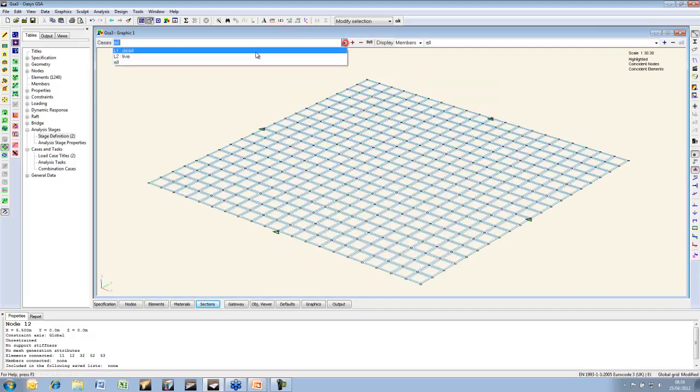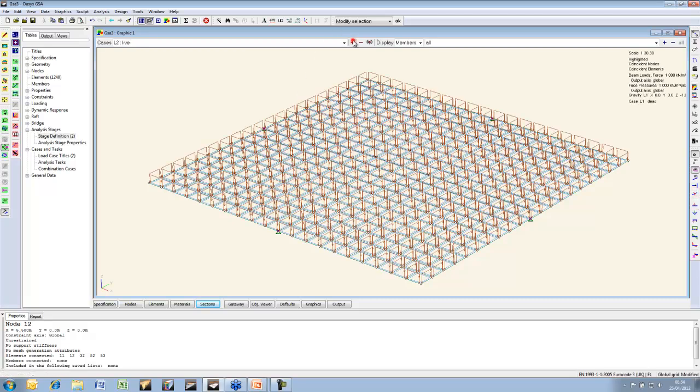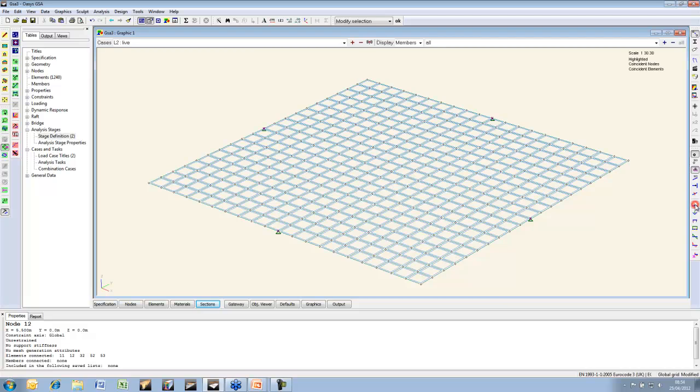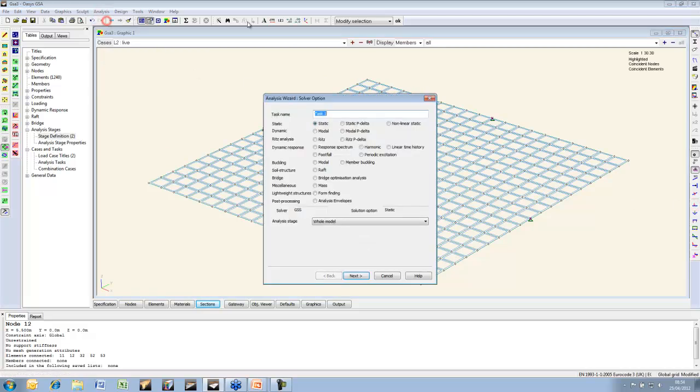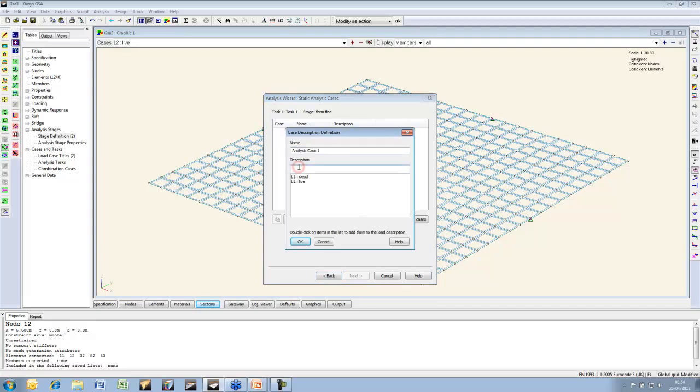Now, speaking of loads, let's have a quick look at these. Oh, no, that one. So dead loads, live loads, that's good. And so the form finding on this, units task, form finding, and I'm going to analyze only the stage, which is going to be beams only. Form find properties, add in, I'm going to take the dead and live loads,